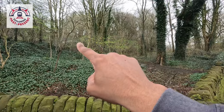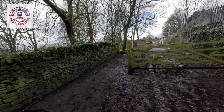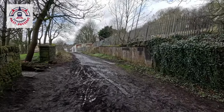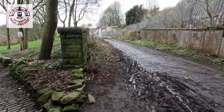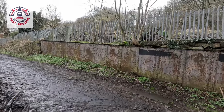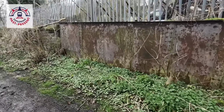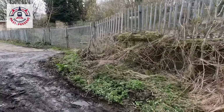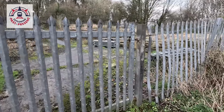So this is where I've just come down this path, and I had to walk up here, and as we walk up we can see what remains of an old bridge. So it looks like the line crossed right underneath here. It's all been infilled on the other side. So if I just take you up to have a little look, you can see the old railway bridge. And I'm not sure what this is used for now, but our track bed ran right underneath here